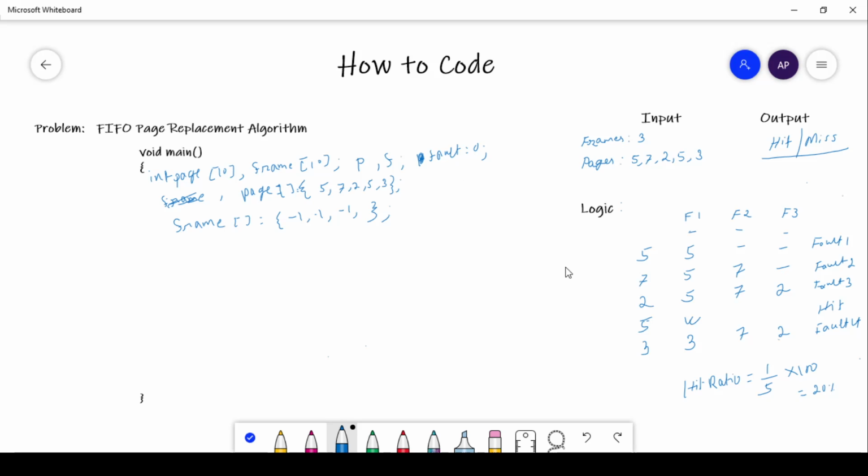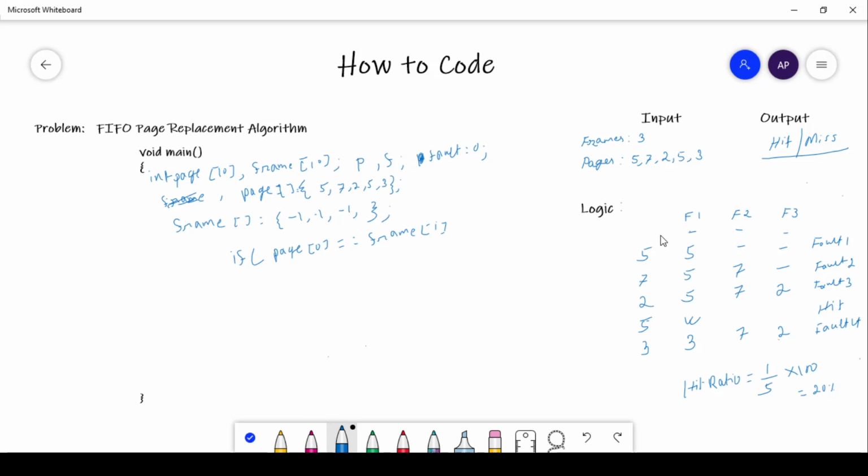Fine. Next, the first thing we have to do is compare the content of page 1 with the frames content. So just use one if condition: page 0 equals frame i. Why i? Because I have to compare with 3 frames.